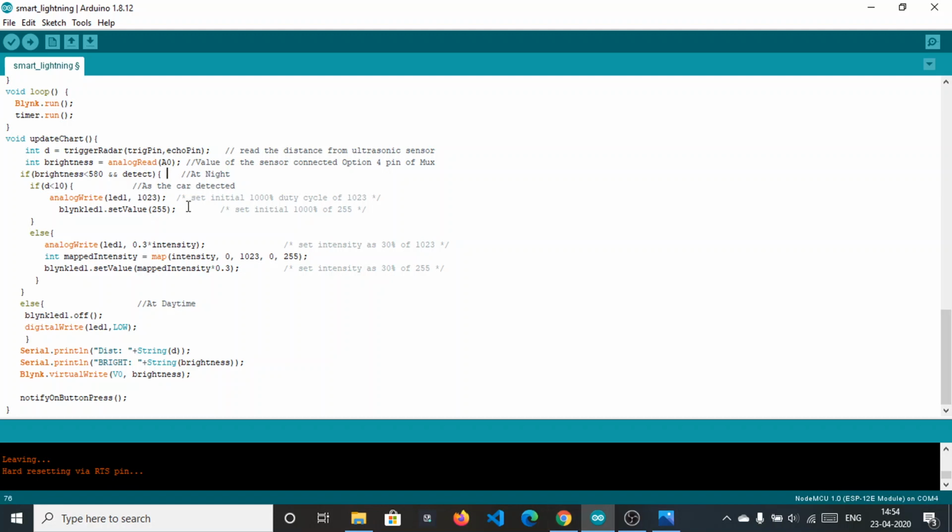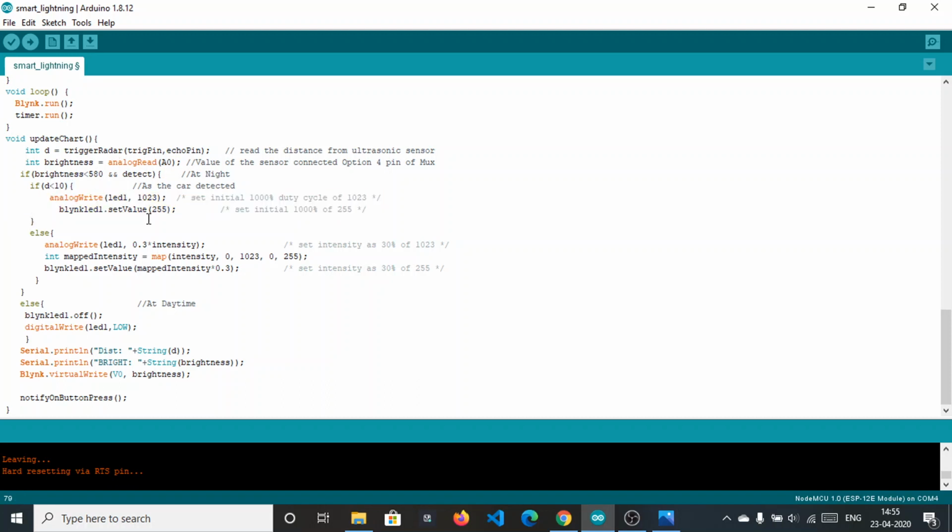So we will go inside this and check if D is less than 10, that is, the car is detected. If some object is placed at a distance less than 10 from the ultrasonic sensor, then this thing will be executed.